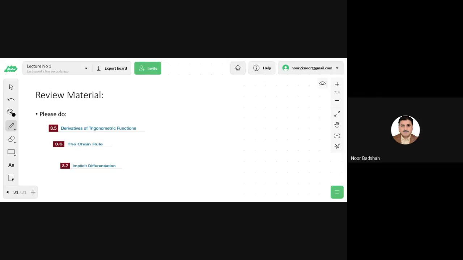तो exercise आप check कर लें सिर्फ, and if you feel कि आपको कुछ problem है तो 2-3 questions कर लें उसमें। अगर आपको लगता है कि नहीं मुझे सारे derivatives आते हैं trigonometric functions के, तो उसको दोबारा चेक करने की जरूरत नहीं है, and it's okay for you. The same thing 3.6 is all about chain rule. आपने FSc में किया हुआ है ये, तो आप इसको कर सकते हैं, चेक करें। अगर आपको लगता है कि नहीं मुझे कुछ सवाल में problem आ रहा है तो वो कर लो, ठीक है। अगर आपको लगता है कि नहीं मुझे आता है सब कुछ, तो दोबारा करने की जरूरत नहीं है।